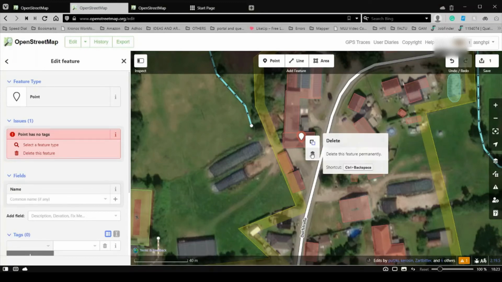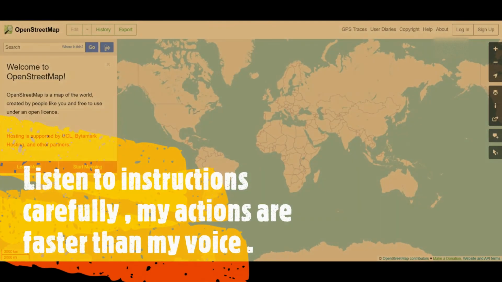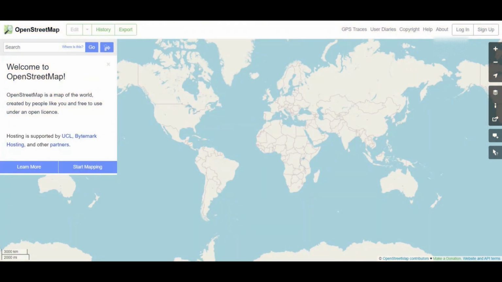Once you have finished adding details connected to the node, you can close the dialog box by clicking on the X at the top right of it. If you need to edit the node, simply click on it again. The dialog box is open. To delete a node that is incorrect or created by mistake, click on it. A trash can icon will appear next to it. Click on the trash can and the node will be removed.